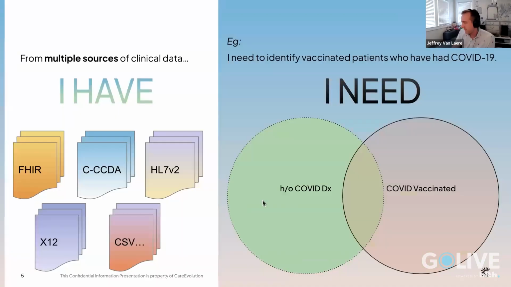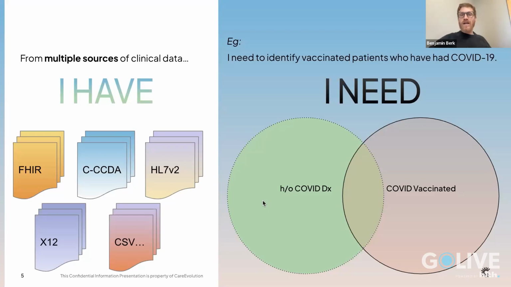Yep. Great. So here's the main reason, right? We've got multiple sources of data. Even if you're at a provider or a payer or a research organization or even public health, you may have a wealth of data from a variety of sources, but it's likely in a number of formats, whether that's FHIR or CCDA documents or HL7 messages. But we don't need documents and HL7 messages and X12 messages. What we need is something to answer a clinical question. How many vaccinated patients in my panel have had COVID-19, right?